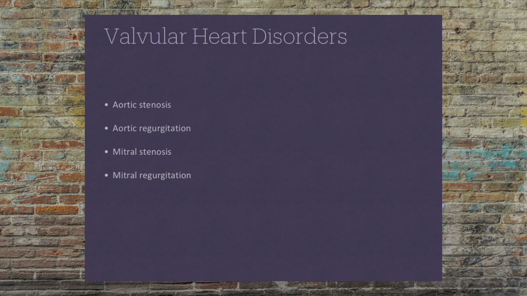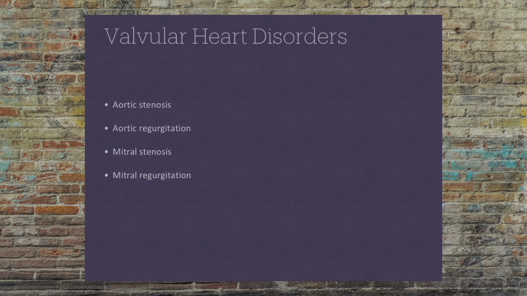Mitral stenosis in the older population almost exclusively occurs as a result of rheumatic fever. This infection leads to inflammation to the connective tissues in the heart and leads to decreased blood flow into the left ventricle. With mitral regurgitation, this creates a backflow of blood from the left ventricle into the left atrium. This condition is frequent and occurs more often with increasing age. All of these heart defects eventually put too much strain on the left ventricle and can lead to heart failure